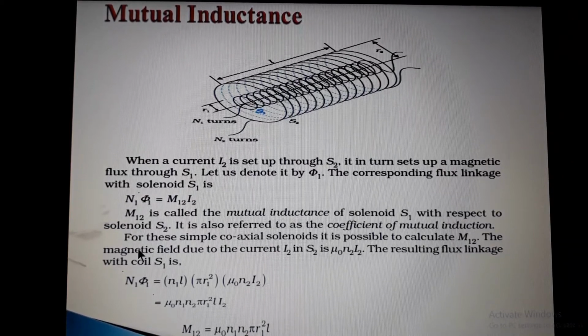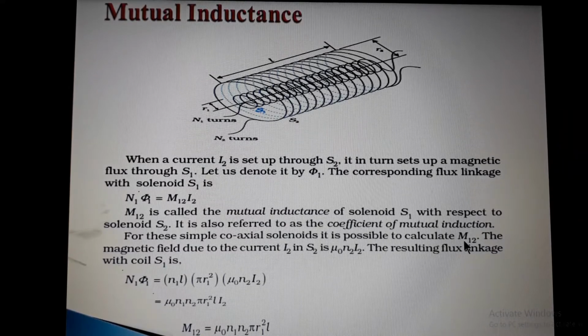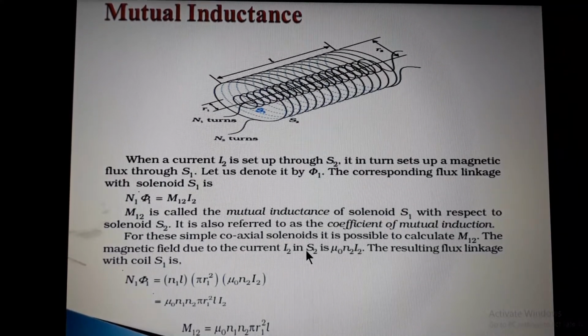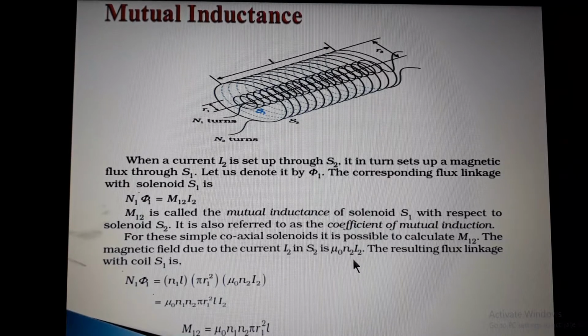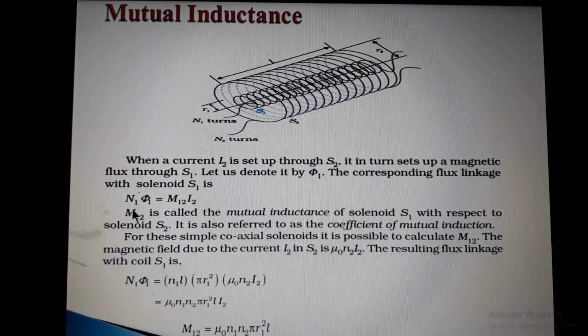Okay. Now for the simple coaxial solenoids, it is possible to calculate M12. So first of all, find out the M12. So how can you find out? Just understand the magnetic field due to the current I2 in S2 is mu0 N2 I2. You know that. Okay. So the resulting flux linked with the coil S1 is, so that one is N1 phi1